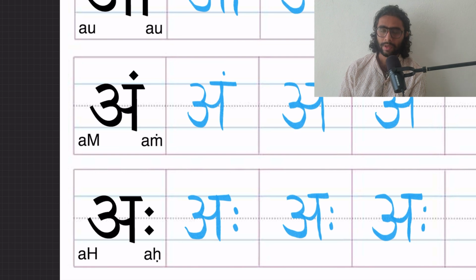In the next few videos, we'll be practicing the consonants, and then we'll be practicing the combinations of both consonants and vowels, all the different possible permutations and combinations of them. And then we'll slowly practice these letters with a few simple lines of poetry that we'll take up. That is how we'll be reading and writing the letters of the Devanagari alphabet and becoming fluent with it.